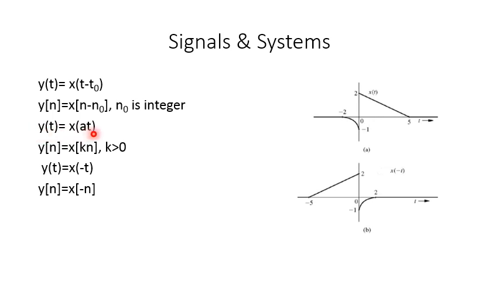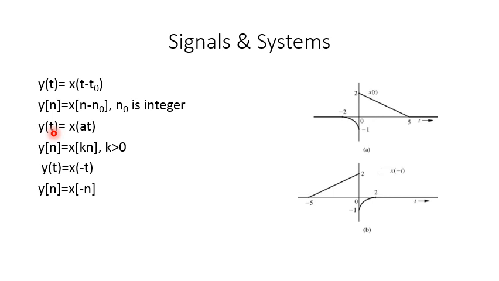So here we can say that y of t is the scaled version of x of t, right? And what is the scaling factor? It's a of t. You know that if a is between 0 and 1, then the resulting signal, which is y of t, will be stretched. And if a has a positive value greater than 1, in that case the resulting signal, y of t, will be the compressed version of x of t, right?